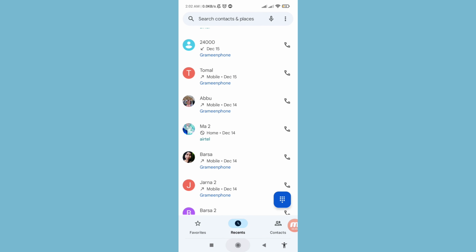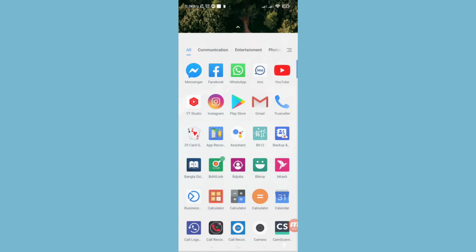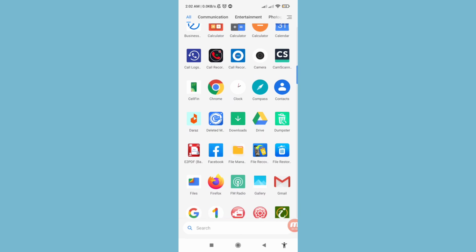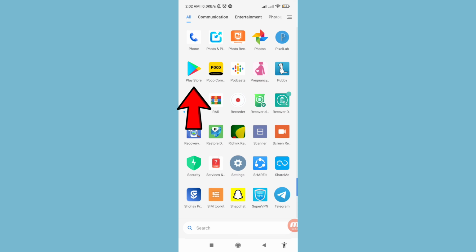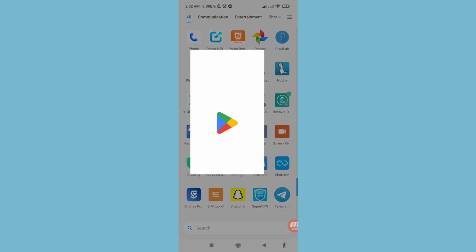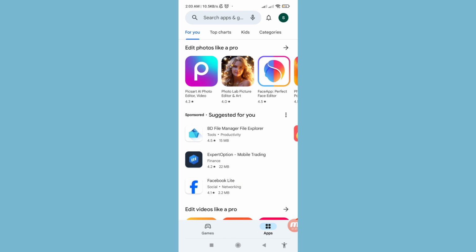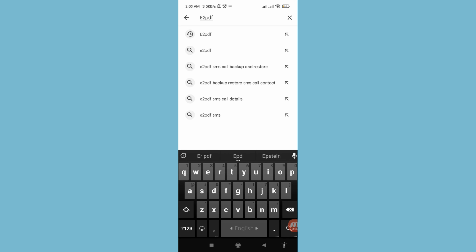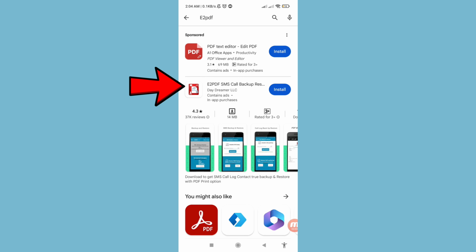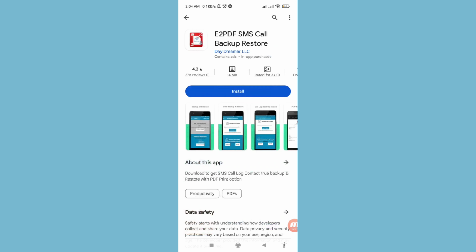So first of all, go to your Google Play Store. Here you can see Google Play Store, open it and then write E2 PDF, and at this time you can see E2 PDF SMS call backup register. So please open it. Please install this app